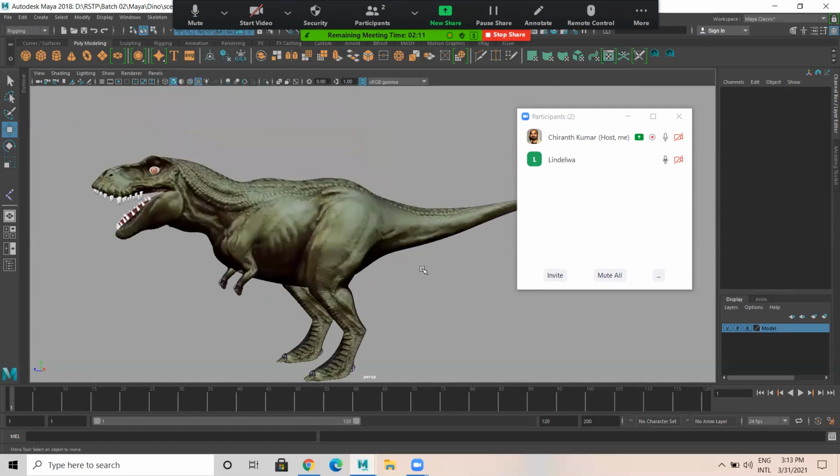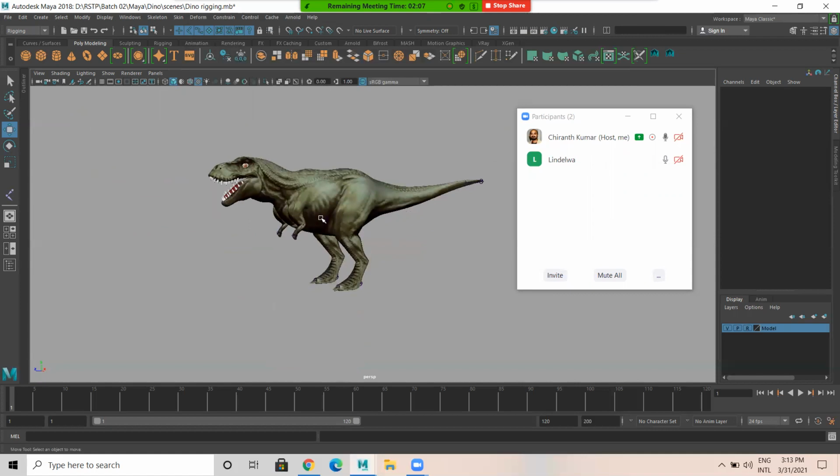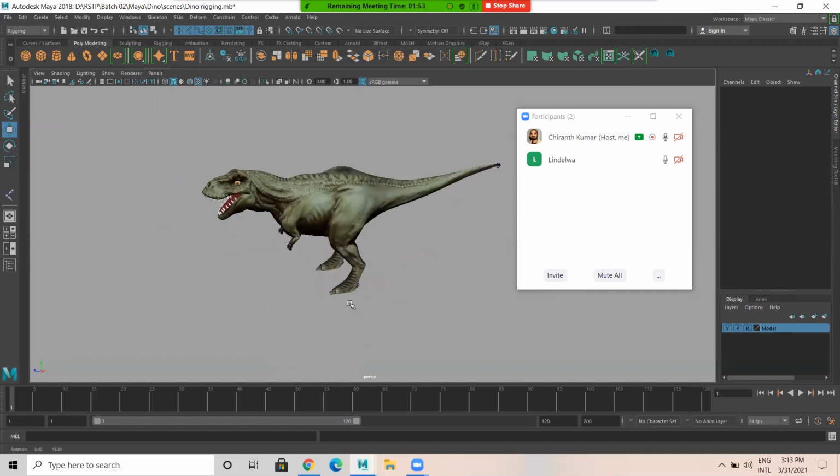No, mine is not finished. Okay, I'll do one thing. I'll be sharing this dyno model along with this rig setup. So you have to delete the skeleton and do it separately. Okay, individually. You can keep this in another file. Yes, sir. Yeah, good.